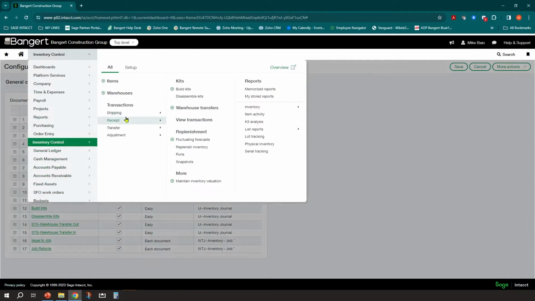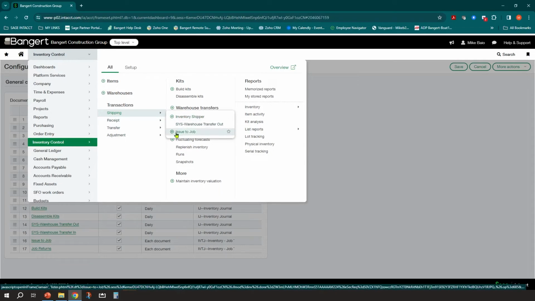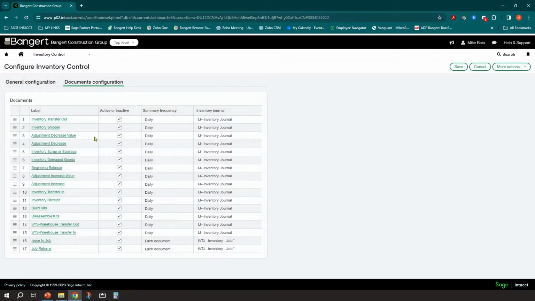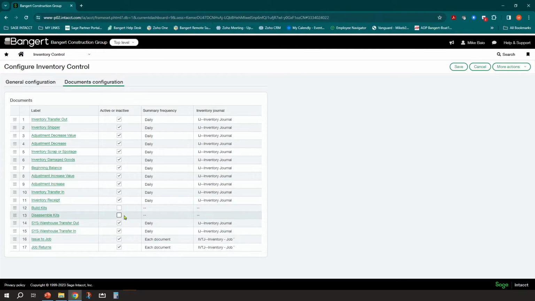If I click on all here, this is kind of nice because there's so many, it gives them in a subgroup. But as you can see here, there's a lot of options in my inventory setup. So you may want to spend some time and go through here and say, you know what, we're not using kits. I'm going to inactivate those. Doesn't delete them. If I ever want to turn them back on, I can click them back on in the system here. So I'm going to deactivate that. And we'll leave the rest of these on for now. So I can hit save.